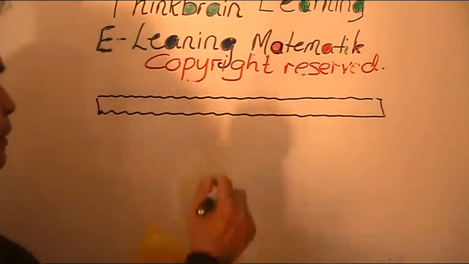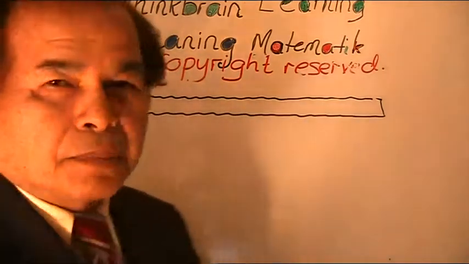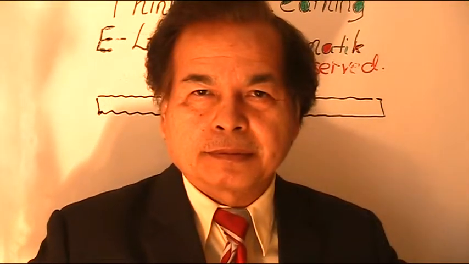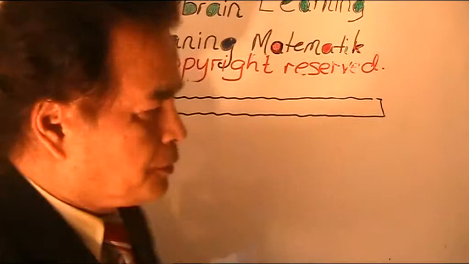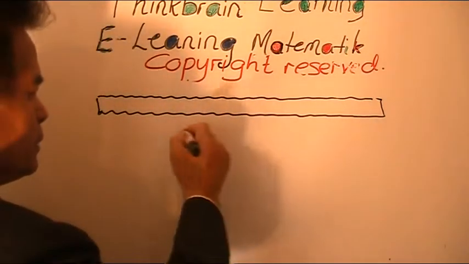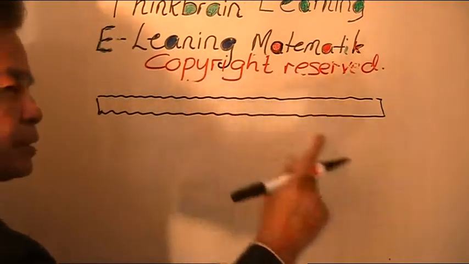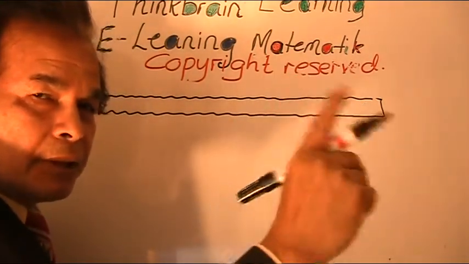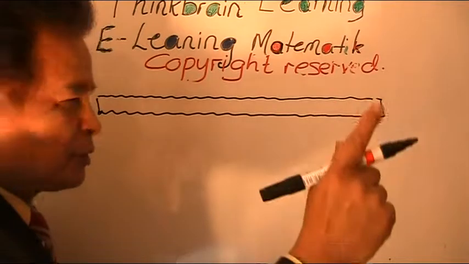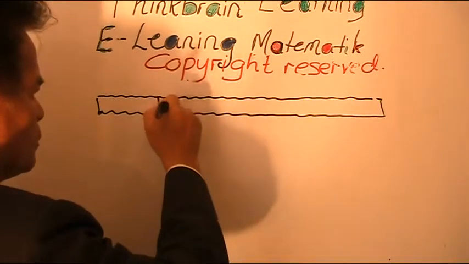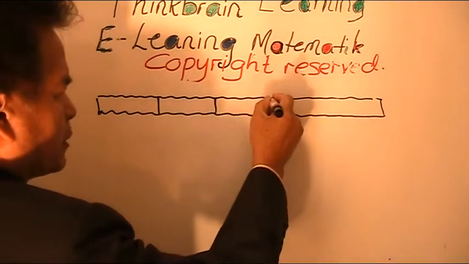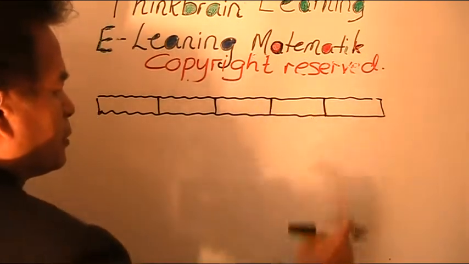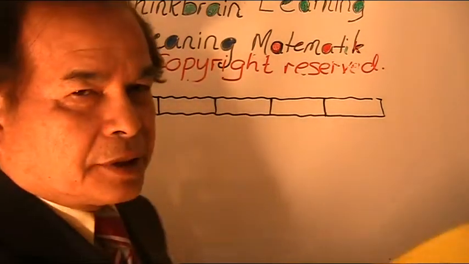So 3 over 5. What do you do? How many parts do you divide? Yes, you have to divide into 5 parts. 3 over 5 is 3 parts out of 5 parts. If 3 over 7, 3 parts of 7 parts. So I'm drawing it now. You divide into 5 equal parts. You try to estimate, not exactly.